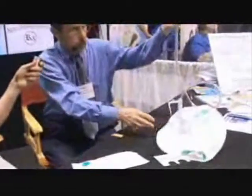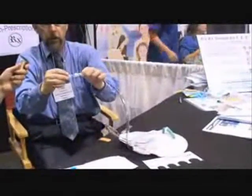You have daytime, nighttime use. So you have a day bag and a night bag. Okay, this would be a nighttime bag. So when a person's in bed at night, all they do is they connect